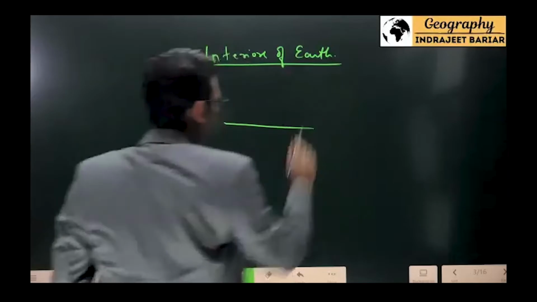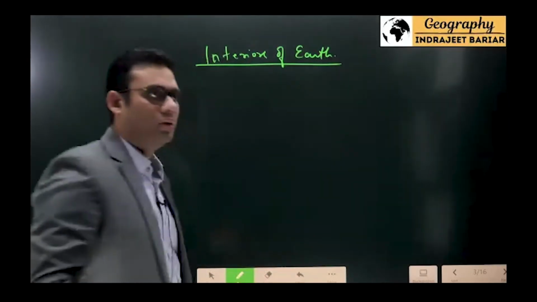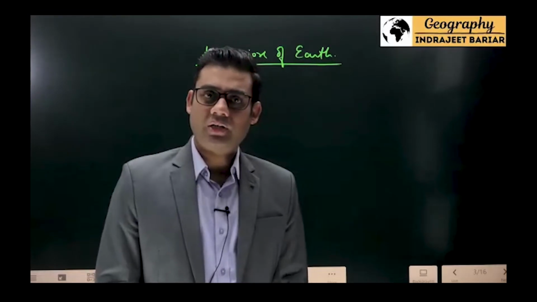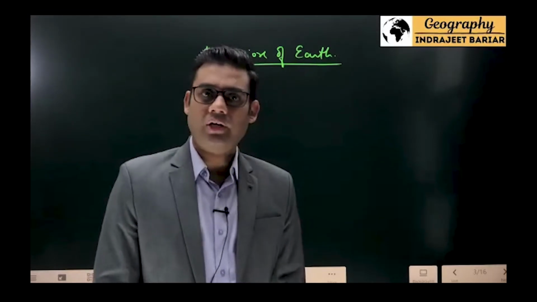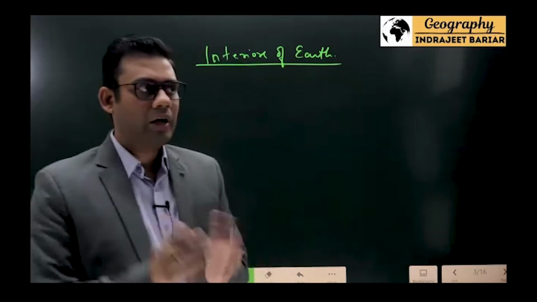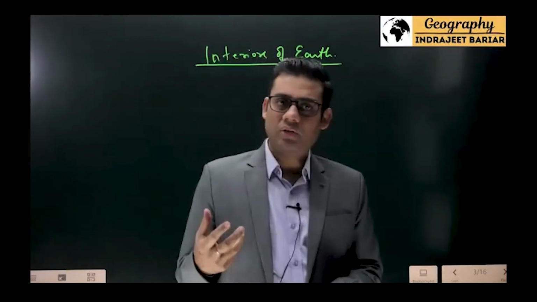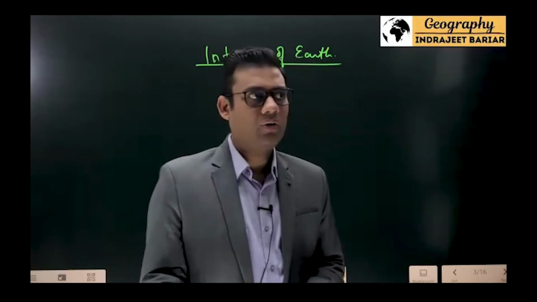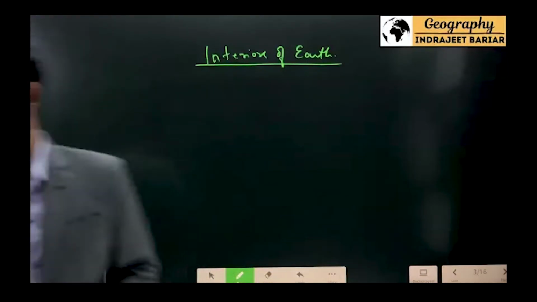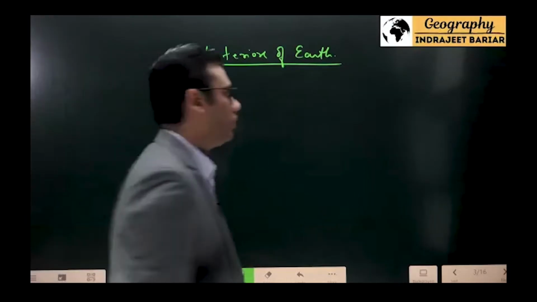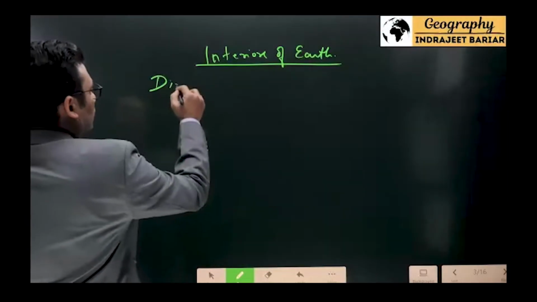interiors of earth, studying the interiors of earth, there can be some direct methods, there can be some indirect methods or indirect sources. So direct sources and indirect sources. Direct sources is where you observe something directly. What is there in the interiors of earth, we observe it directly. And what can be that direct source? So direct source, when we say the direct sources